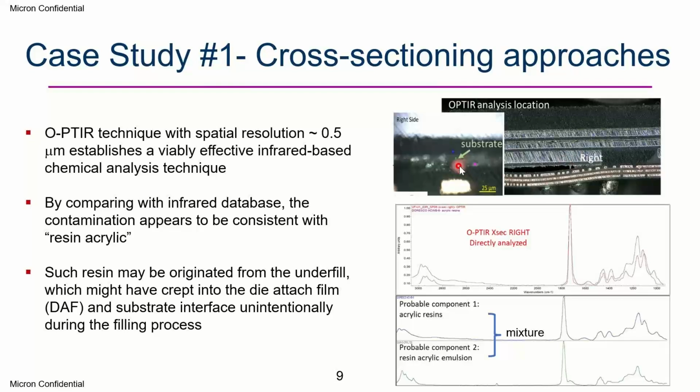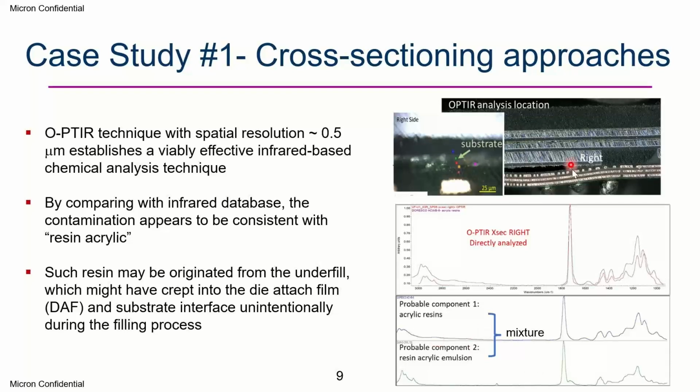And once we do a few points, we average it out, and we manage to get a very strong signal, which is a very real signal and not a noise signal. It's a very solid result. And once we compare with the database, it really comes out with alkali resin and resin alkali emulsions. And this is a very good breakthrough for Micron, because we are getting the delamination with the